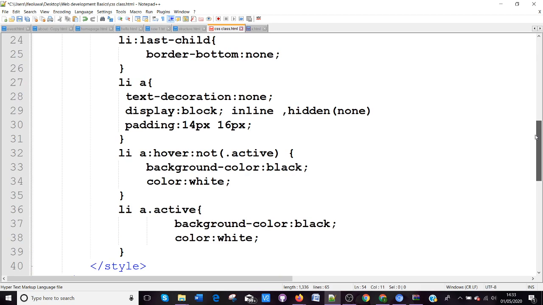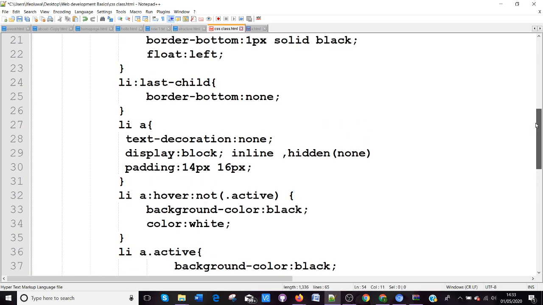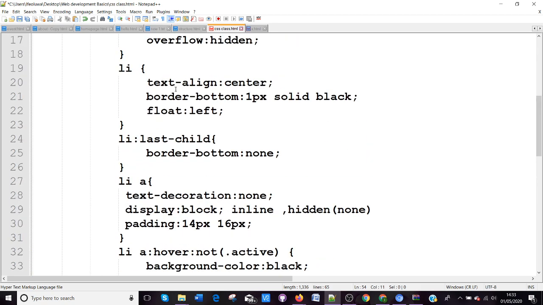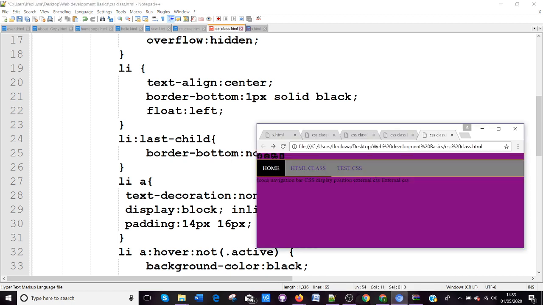I don't know if I explained floats. Did I use float? Yes, float. Text-align aligns all text to the center. Float moves all items to the left. In this case, left because I specified left. If I specified right, you see that all of them will be closer to this side. Like you see, they are not in the center. If I go right,